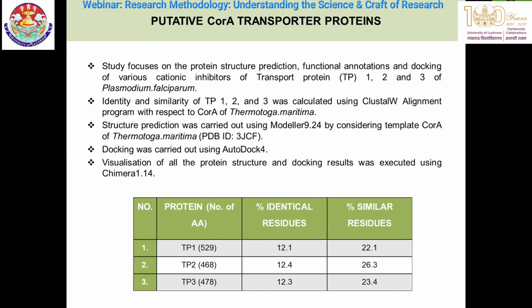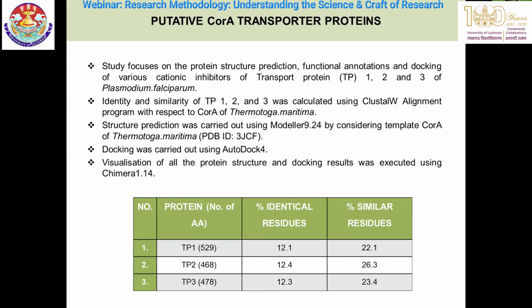In the table below, you can see the percent identity and percent similarity of TP1, 2, 3. In the brackets, you can see the number of amino acids, 529, 468, 478, and corresponding to it, the number of percent identical residues and percent similar residues.